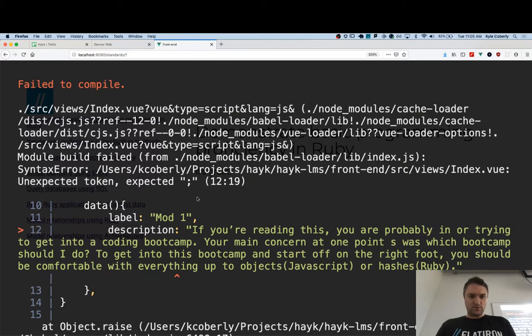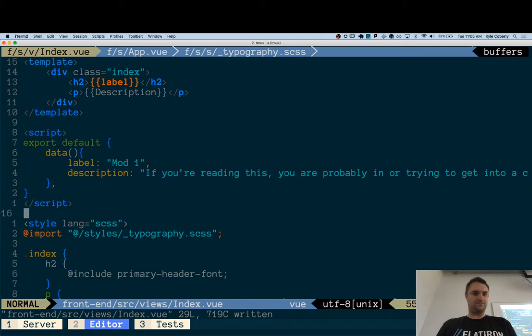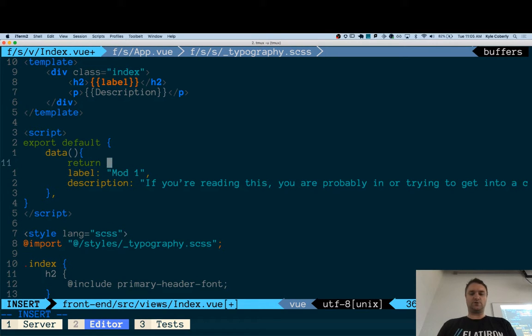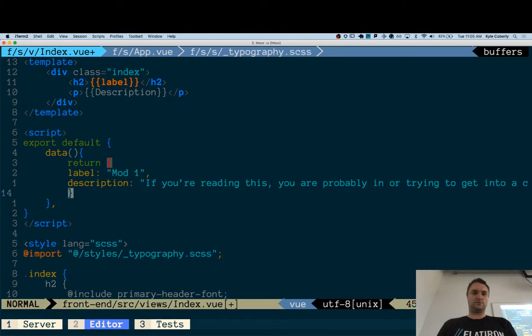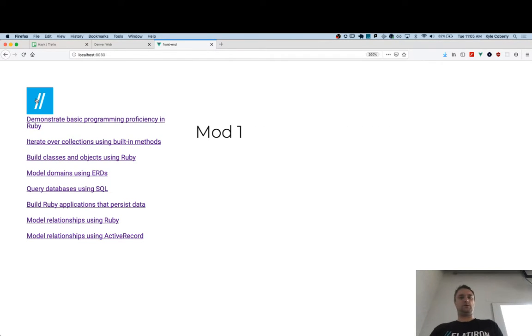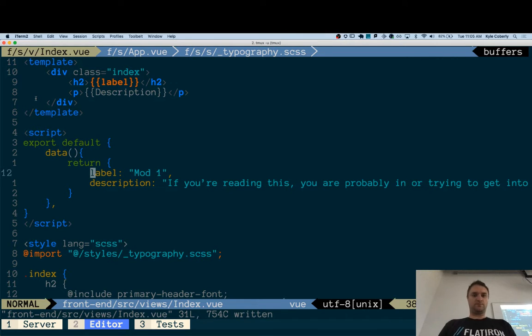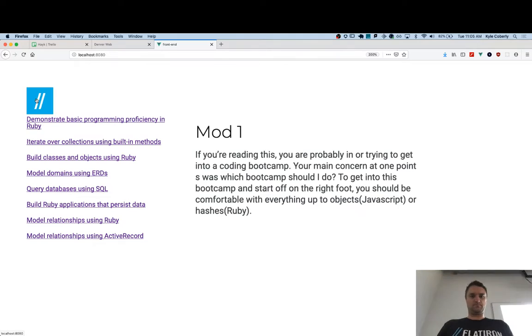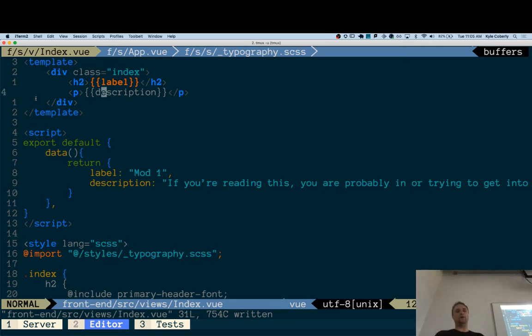And something broke. Oh, it's because data takes a function. There we go. And oops, description's not showing up. It's because it has capital D. There it is. Awesome. So